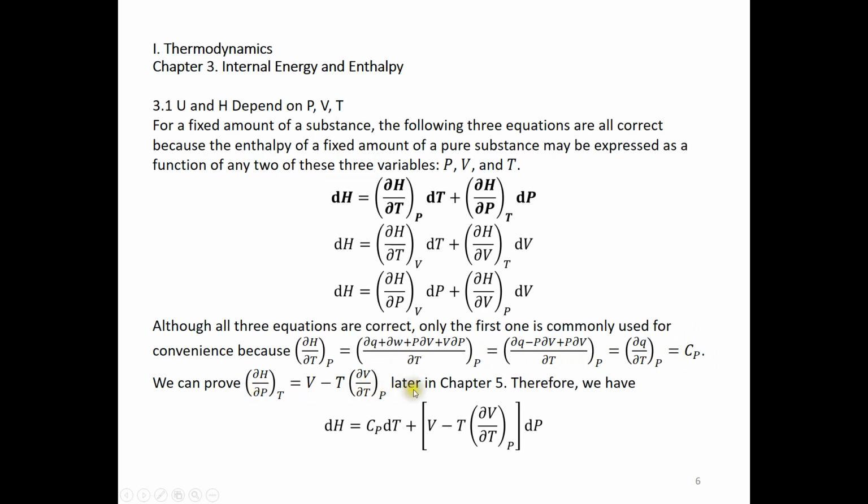Again, we can only prove this later in chapter 5 after the introduction of Helmholtz energy and Gibbs energy. So we're going to just use this equation without proving it yet, and we can see dH is Cp dT plus this expression times dP. Again, we do this because this is really easy to measure experimentally, and it's really easy to derive delta V over delta T for an ideal gas. Even for a liquid or solid, delta V over delta T is related to the thermal expansion coefficient,